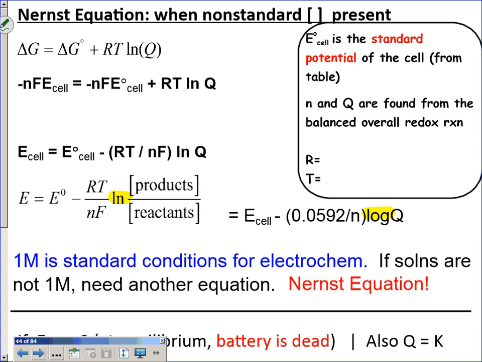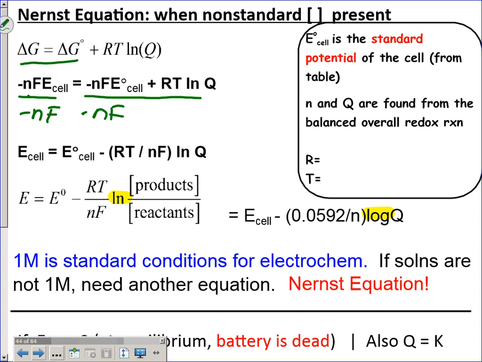So first off, the relationships are here. Let's start here. This is your Gibbs free energy stuff that I just had on the board previously, talking about how you can limit the spontaneity of the reaction. But we're not really measuring G, we're measuring E. So when you measure E, I've taken delta G and transformed it into its alternate, negative nFE, negative nFE. I have this being the non-standard one, which we'll be solving for. This is the standard one, assuming the conditions were standard. Plugging that in, you just keep your RT ln Q. So if you divide by negative nF